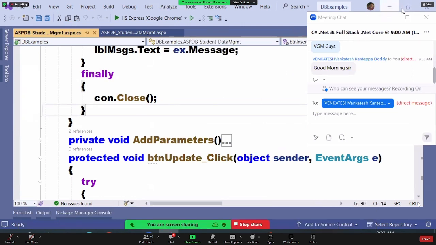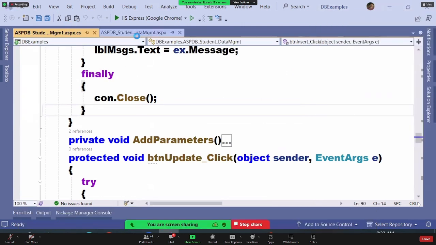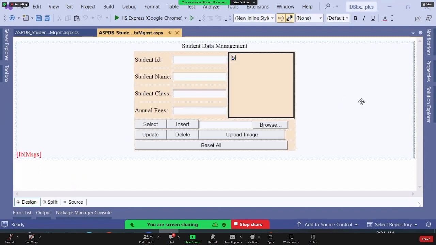So last class, we completed talking about procedure calling, how to write the code for calling your stored procedures. This is exactly what we learned in the previous session about procedures and procedure calling. The next thing we are going to learn today